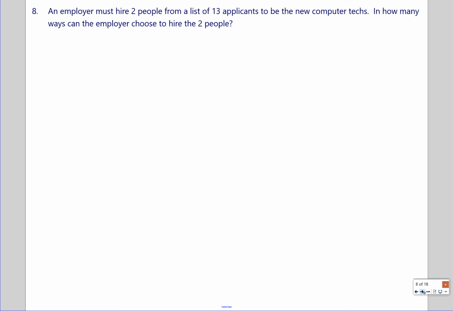Do we think order matters here or no? I'm going to say no here because it doesn't seem like there's a difference in the 2 positions. Although each person is getting a job, they're both going to be computer techs. So it really doesn't matter who we hire first and who we hire second. Both of them are going to be a computer tech at the end of the day. So order doesn't matter here,